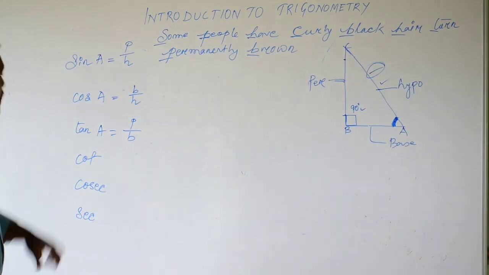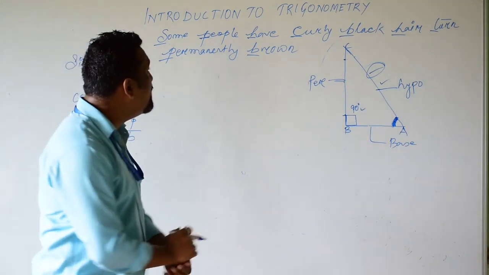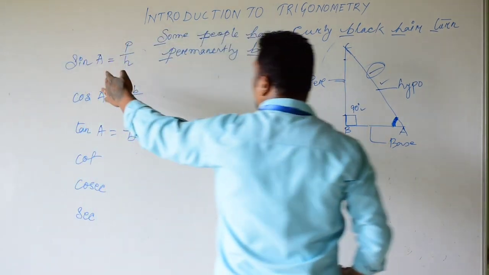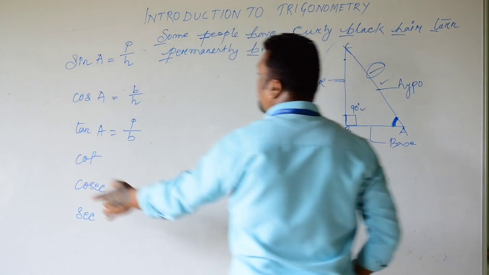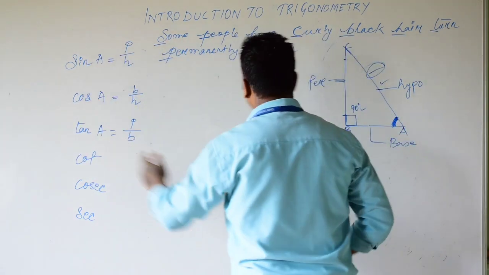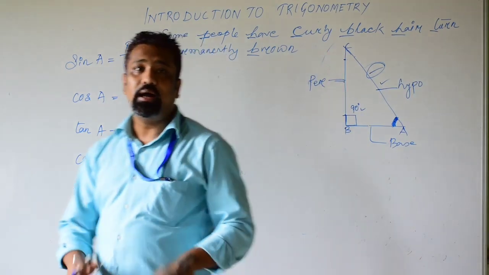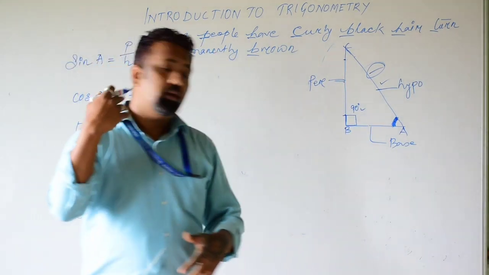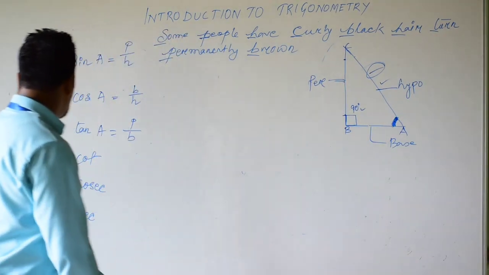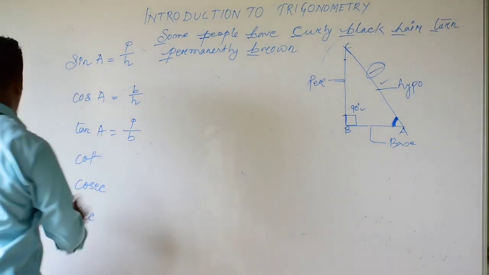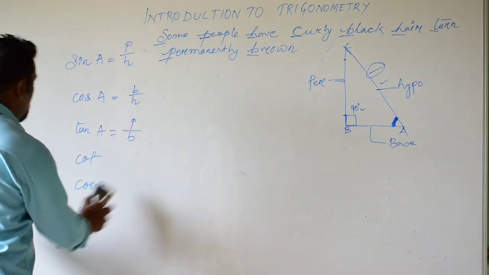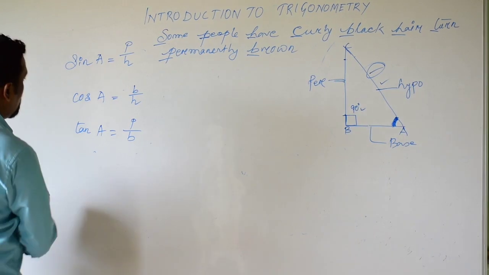Now you must be thinking, in this sentence we have only the relation between these 3 trigonometric functions and this right triangle. What about the other 3? These 3 are the reciprocal of the other 3. Sine is related with cosec. You can write in this way also, just to keep them in relation.